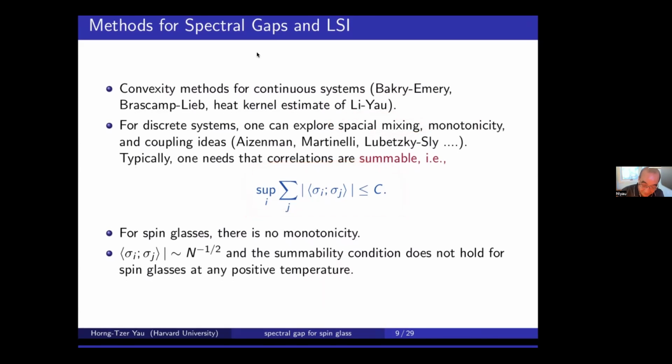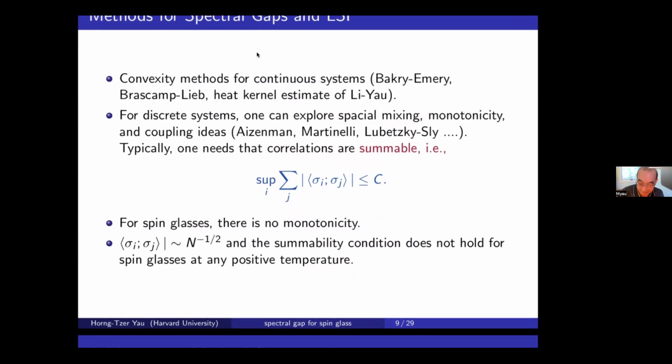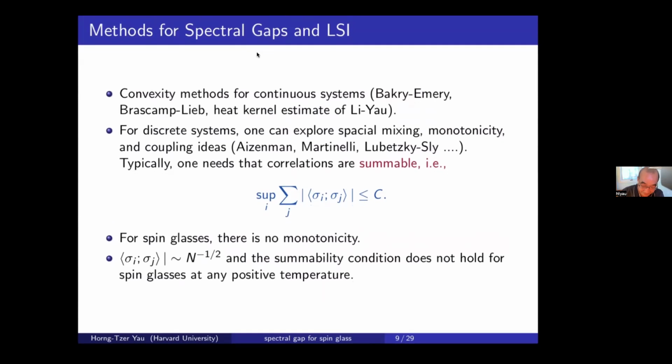If you take the correlation function of sigma i, sigma j, remember that the covariance is the standard correlation with the mean subtracted. So you typically need this condition: the correlation has to be summable, in absolute value. Now for spin glass, I don't know any coupling ideas that ever work. It's just not exactly the right concept. And the reason it's difficult to prove for spin glass is that the size of the correlation function is n to the minus 1/2. So this makes all these methods based on spatial mixing